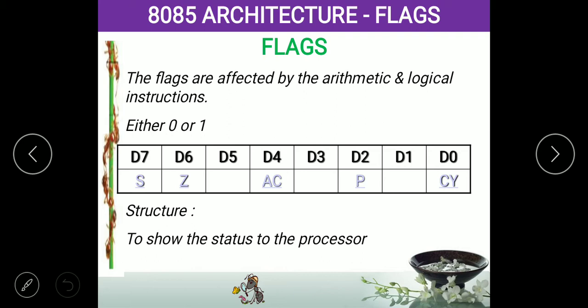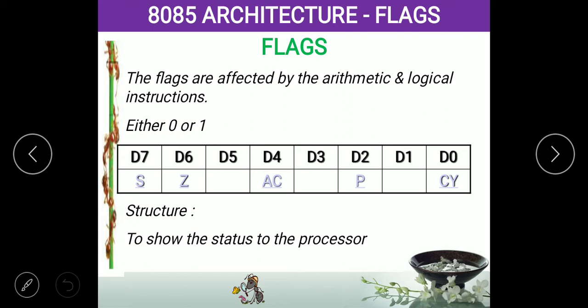Next flag is the zero flag. The zero flag tells whether the processor is free or not, based on the data in the accumulator. If there is no data, the processor doesn't have any data to process, so it will keep quiet. It is in the halt mode. Suppose we have some data in the accumulator, that means the processor is doing some operations. Based on that, this flag will be set to either 0 or 1. Based on that only, all the peripherals will know about the status of the processor.